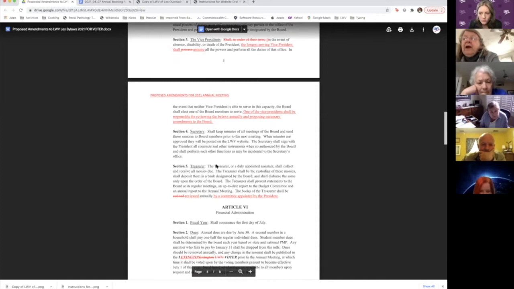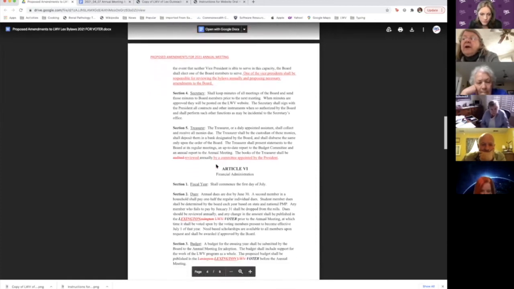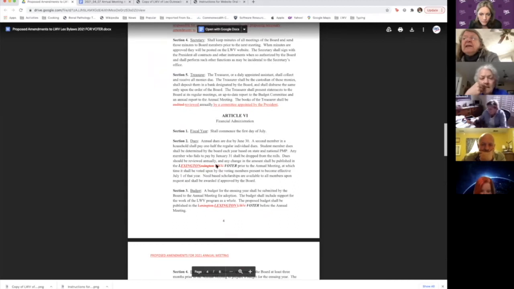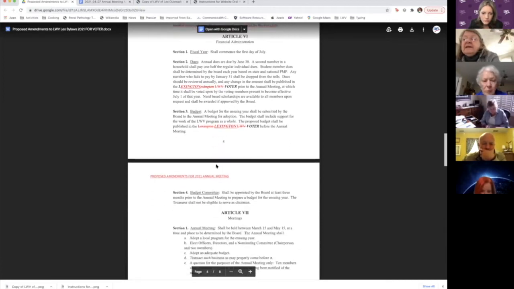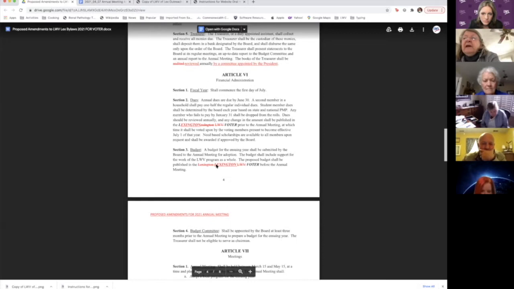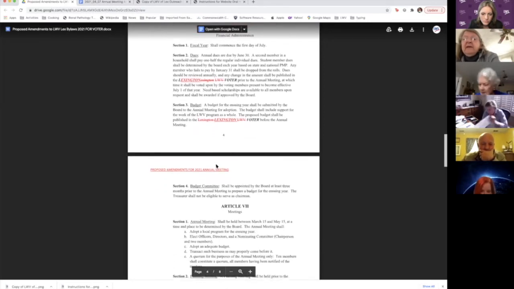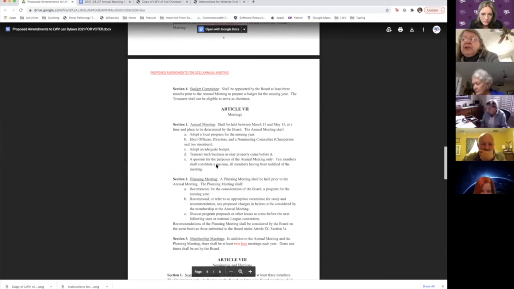And then we don't do audits of our books because an official audit would take somebody who was especially trained and probably cost something. And so we decided to change the word audit to review. And we do have a committee of 2 or 3 people, and they look at the books each year so that we have some assurance that nobody's running off with our money. And then that needs to be done annually. And then the budget, that's just a wording change. Okay, Jen.